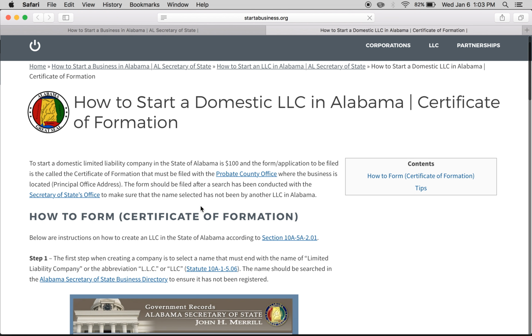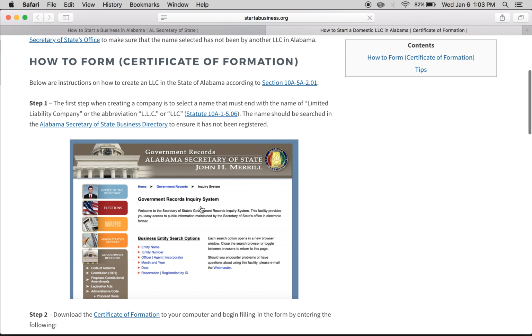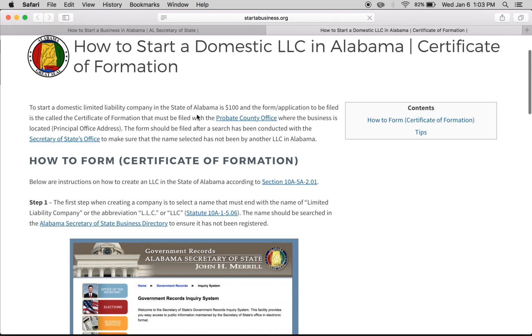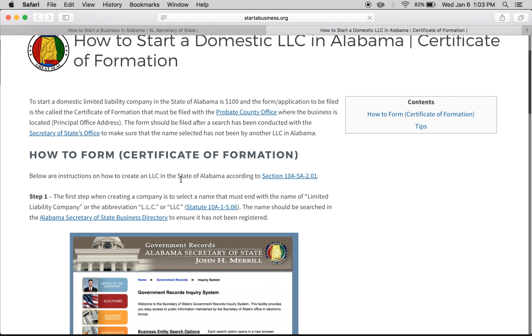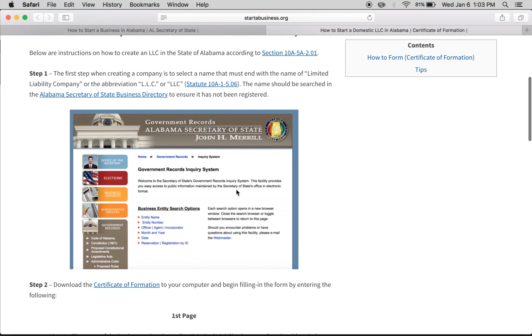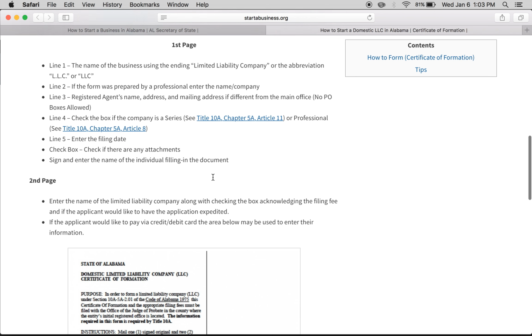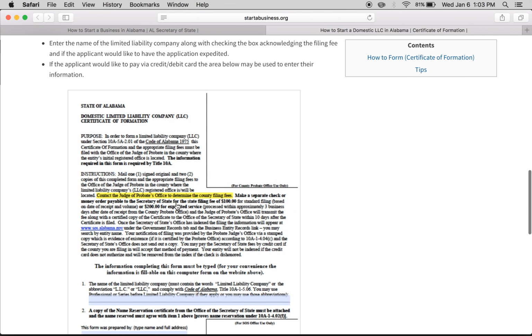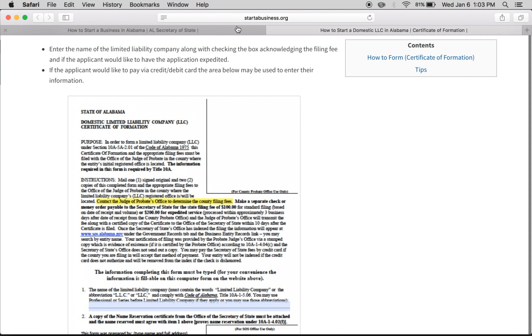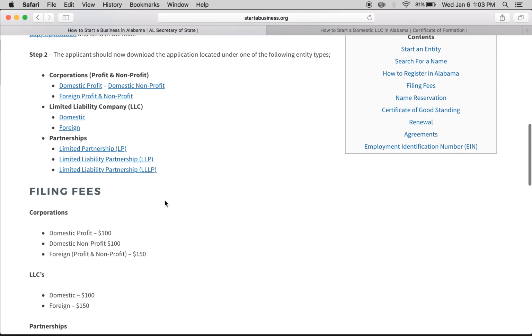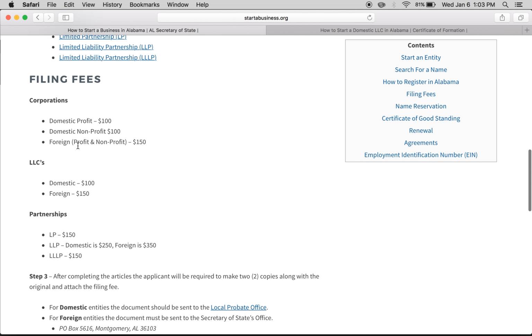And you can see the instructions here on exactly how to file that type of entity. And here with the domestic LLC, the form is called a certificate of formation, and all you have to do is just download this application right here